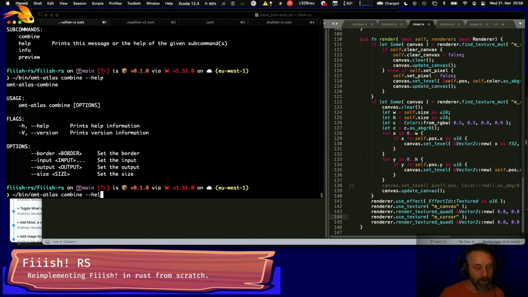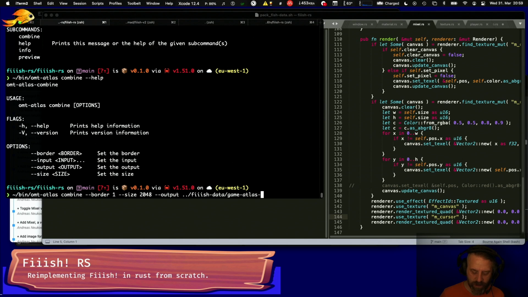The combine mode gets a border. So let's say border is 1. The input is actually, let's set the size, right? Size is 2048. The output is fish data game